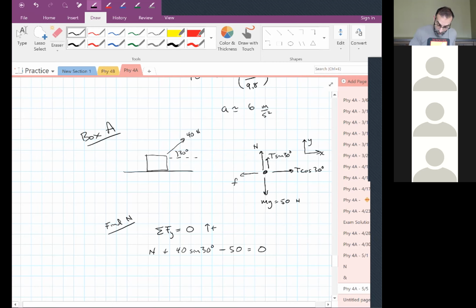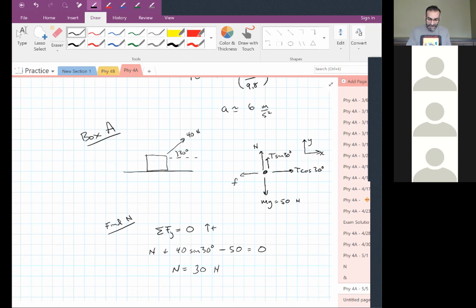And so my normal force is 30 newtons. It's less now, right? Normal force is 30 newtons, and it's less than it was. It's less than the weight of the box because the string is holding up some of the weight of the box. The surface doesn't have to push up with as much force. We know gravity is pulling down with 50. If the string is holding part of the weight, then the surface only has to hold part of the weight,